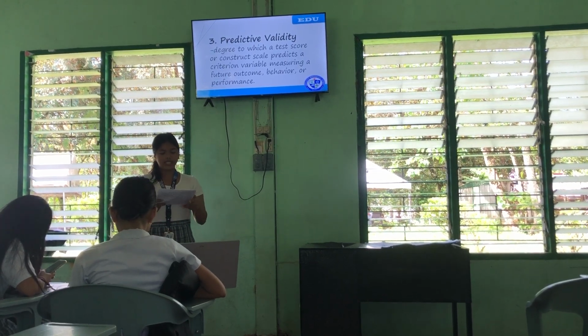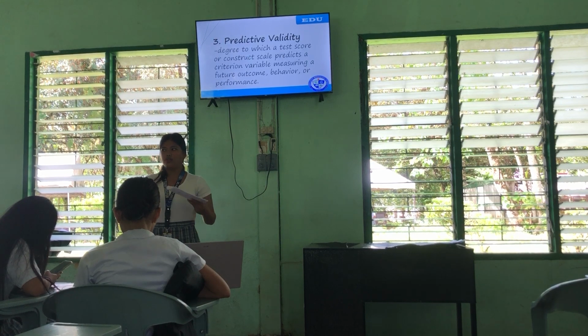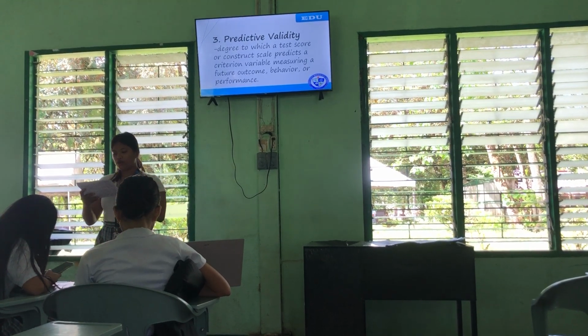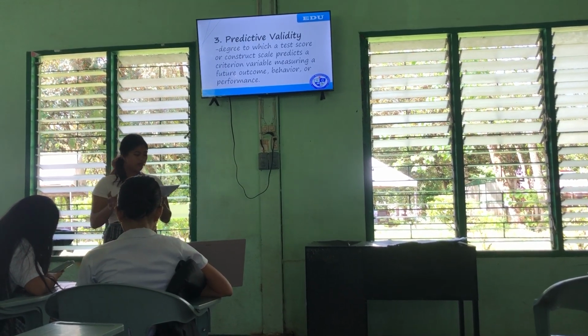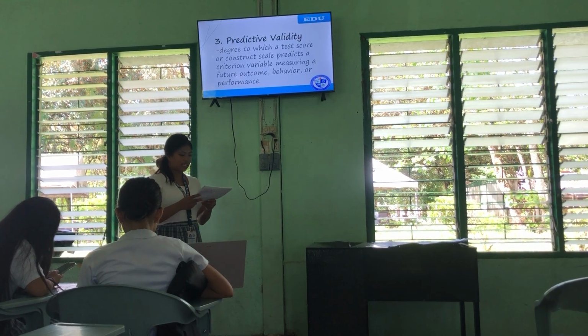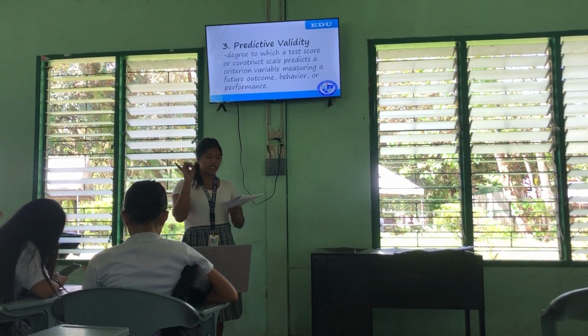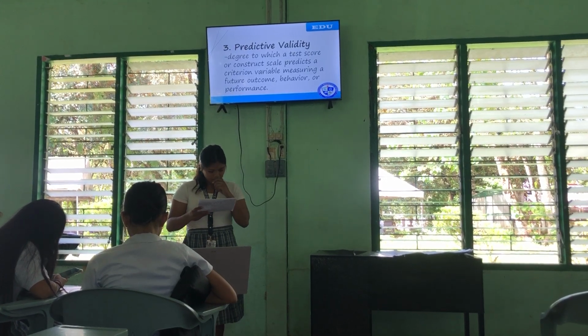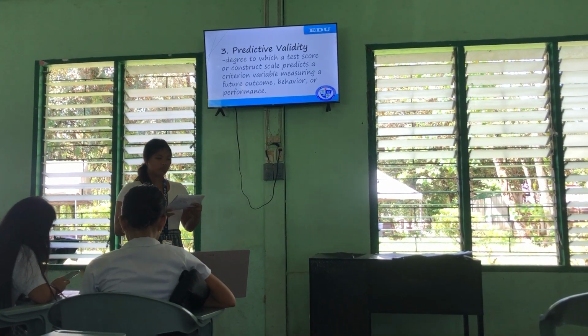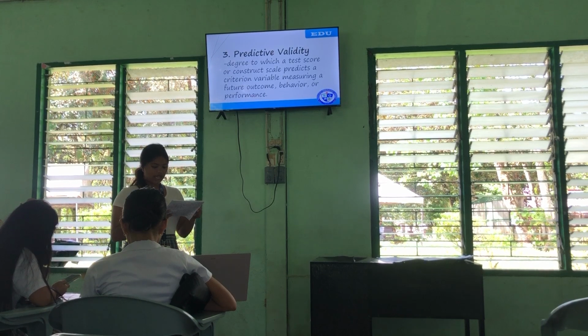Example, let's say a high school uses a placement test to determine which math class a student should take. Is it algebra, geometry, or calculus? The school wants to know if this placement test accurately